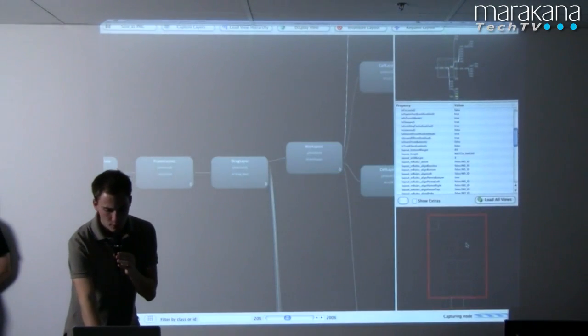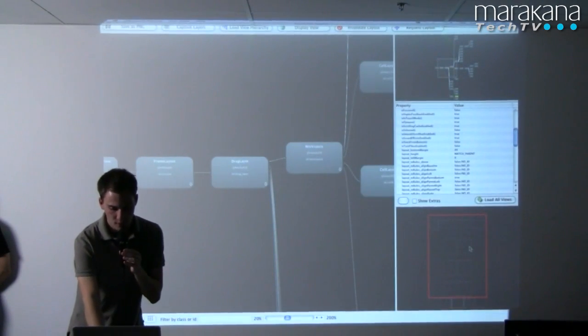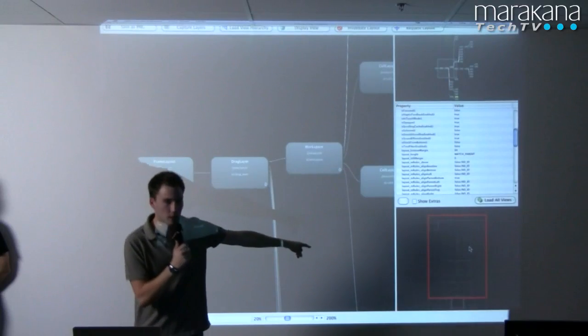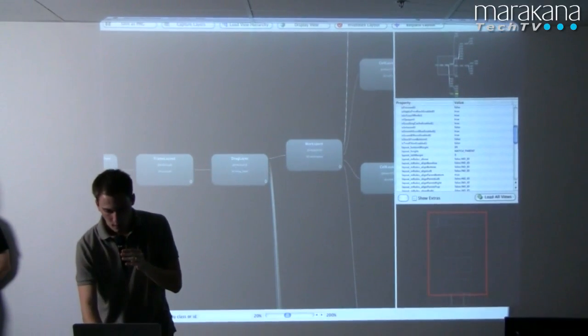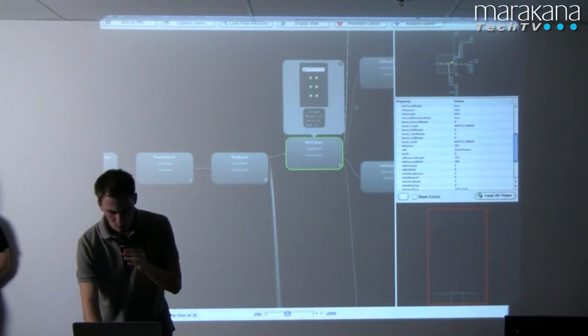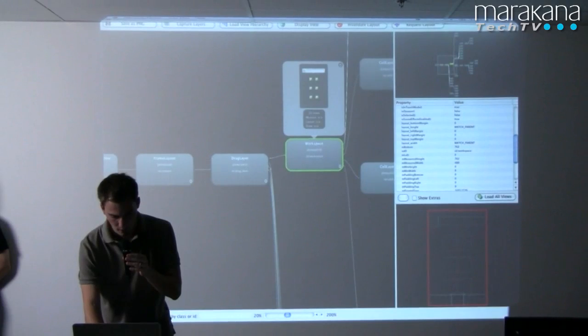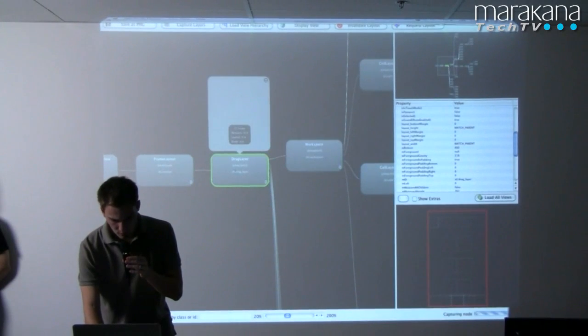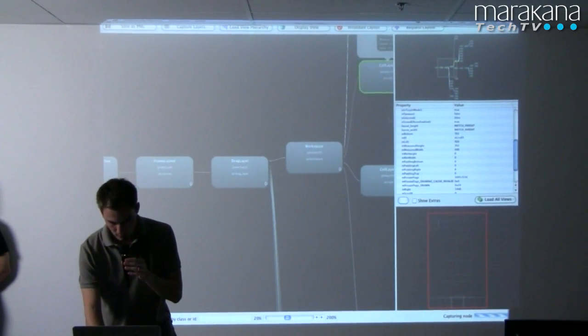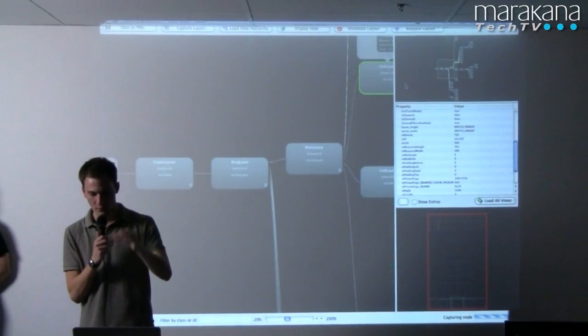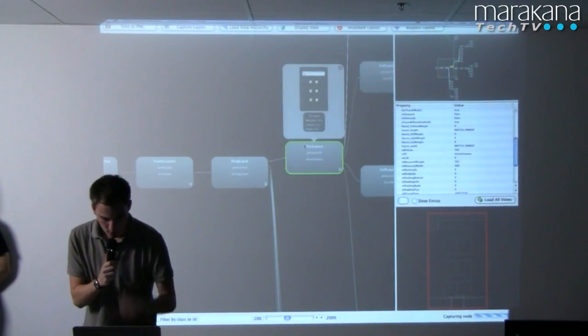The tool also shows you a wireframe of your application, so you can see how the views are laid out, where exactly they are on screen. It will also give you performance indications about the application. So, for instance, if I can make... okay, it doesn't work with that version of the system. But with Gingerbread,